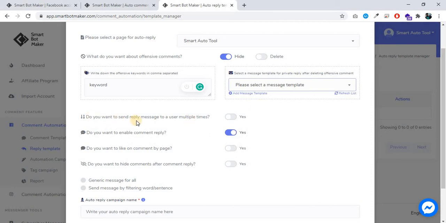Do you want to send a reply message to a user multiple times? If a user comments on that post multiple times, do you want to reply to every comment or just one comment? I enable it. Do you want to enable comment reply? Yes. Do you want the page to like the comment?